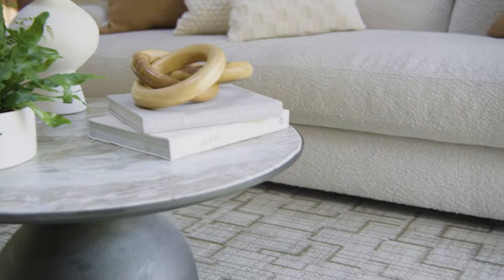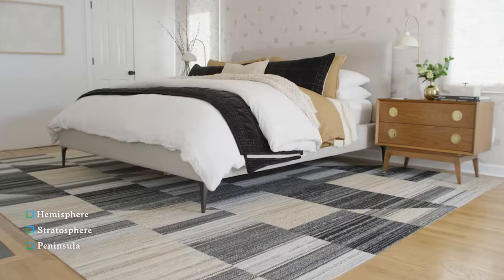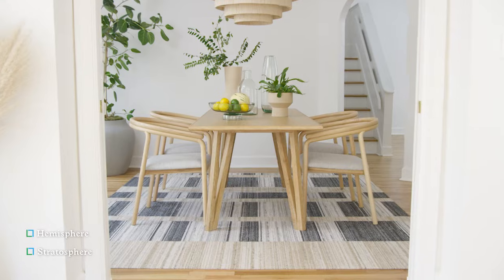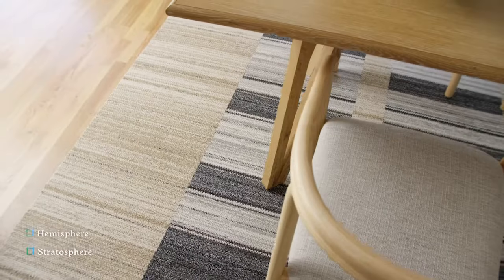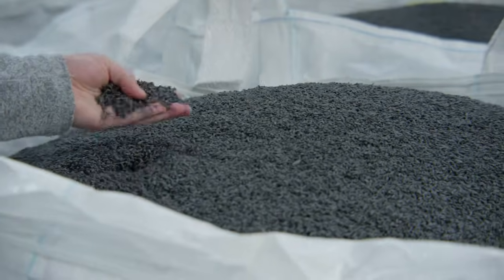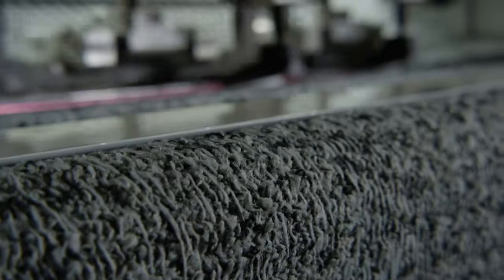At FLOR, we are utilizing materials that have sequestered carbon from the atmosphere and are using them to create our carbon-negative area rugs. Our collection draws more carbon from the air than it releases from the extraction of the raw materials through manufacturing. The carbon-negative materials in our Sequest backing, in combination with ECONYL yarn and our tufting processes, result